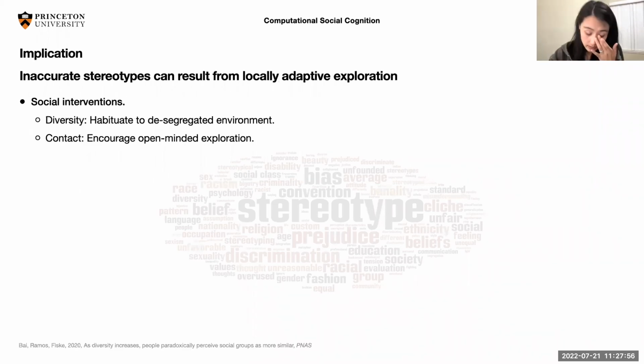And there are some more implications, a little bit larger societal level implications. What I found really interesting is that this work is showing that diversity might be effective in reducing bias. There might be a leap here, but let me walk through what I mean. If you think back to our participants' experience, whenever they were assigned to the random and meet condition, that is where they meet 10 people from each group.